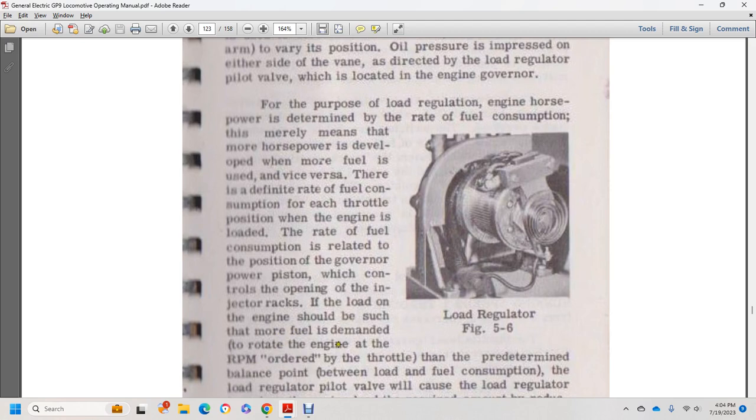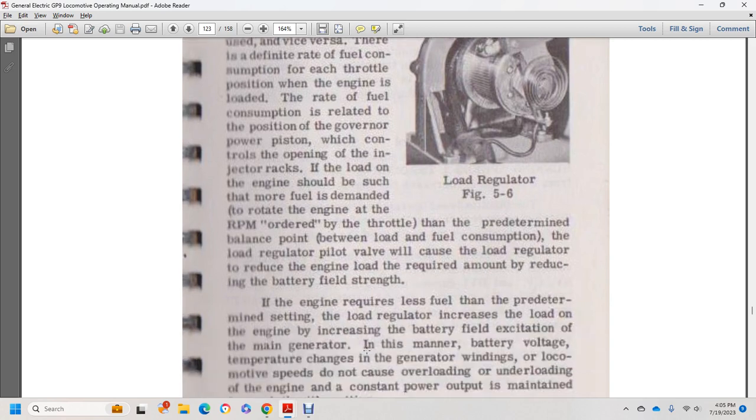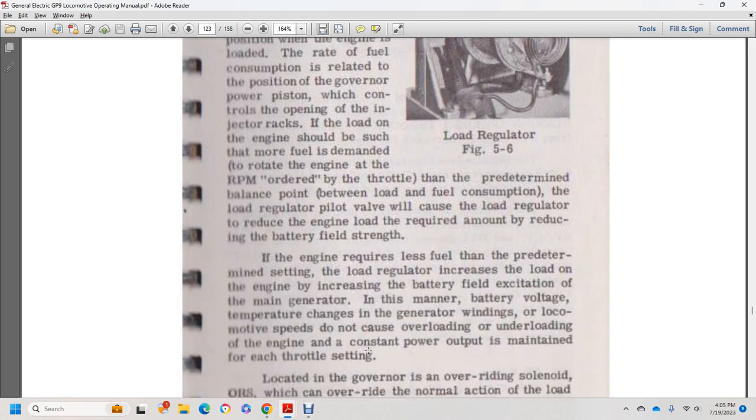The reactive load on the engine should be made such that more fuel demand will rotate the engine RPM in order of the throttle, with a predetermined balance between the load and fuel consumption. The load regulator pilot valve will call the load regulator, whose engine load requires the amount of the battery field switch. The engine requires less fuel for the predetermined setting of the load regulator, increasing the load of the engine and the battery field of the main generator, depending on battery voltage, temperature change of the generator winding, and locomotive speed, which is called overloading and underloading